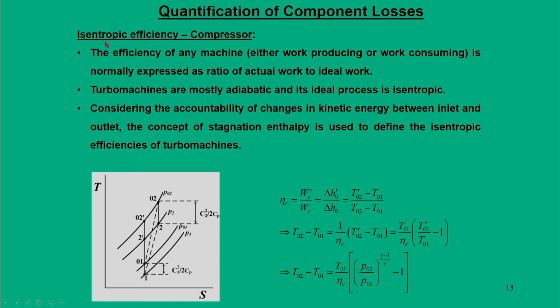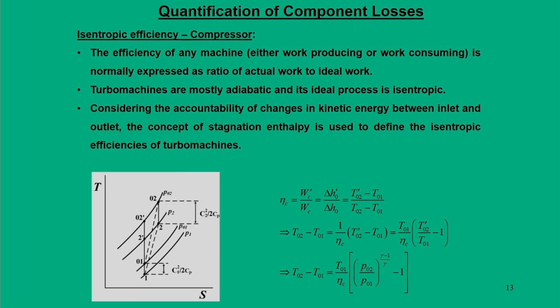The first type of loss that we are going to introduce is the isentropic efficiency, and that is for the compressors. We also defined this isentropic efficiency in our previous lectures, but that was in the context of static temperature or pressure, because when you deal with gas turbine engines for power generation, the terminal velocities at the components, particularly compressor and turbines, do not offer a significant contribution to the total energy. So, more or less we simply neglect those numbers.